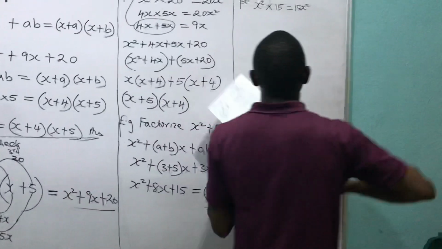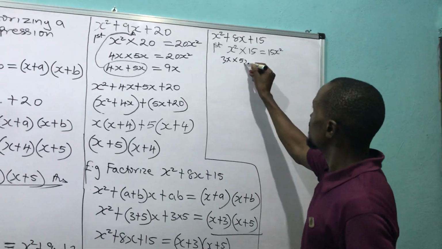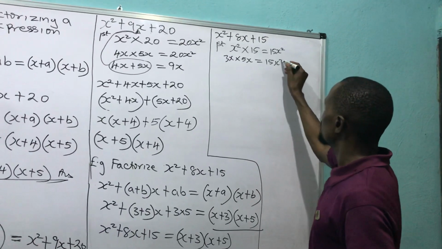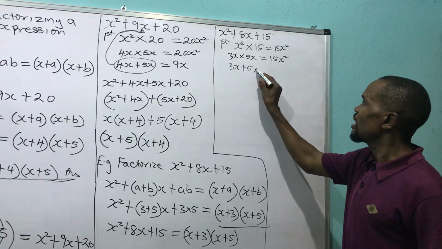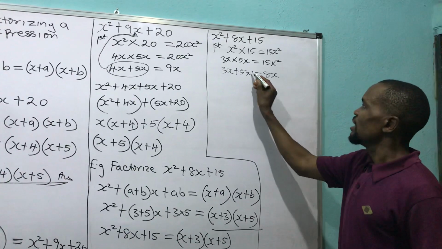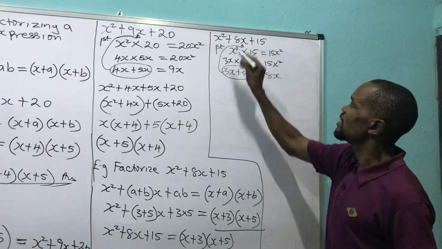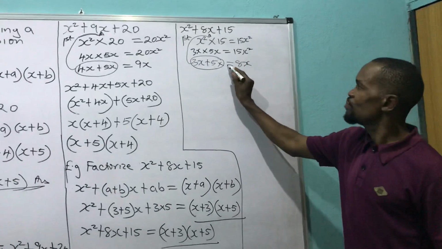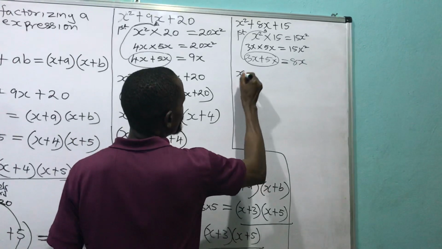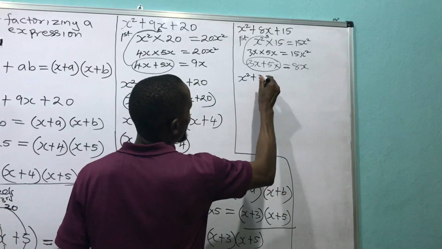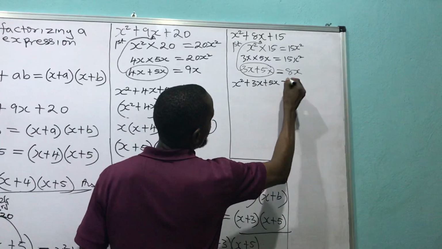And what I said is what? I have 3x times 5x, which will give me 15x squared. Here, 3x plus 5x will give me 8x. It implies that I can use this now to replace the 8x over there. And I will have that this equation will turn to x squared plus 3x plus 5x plus